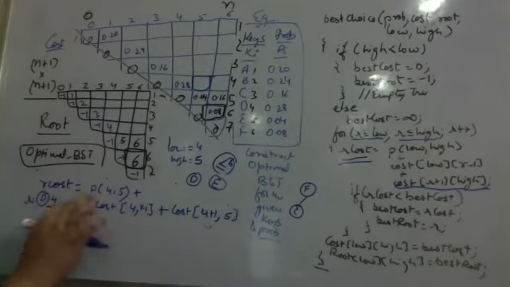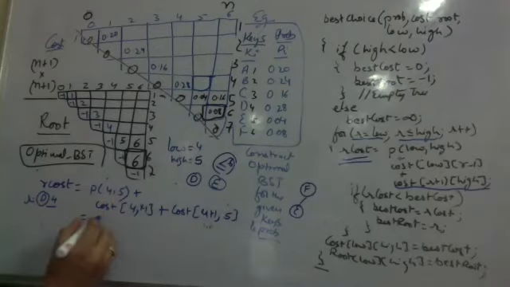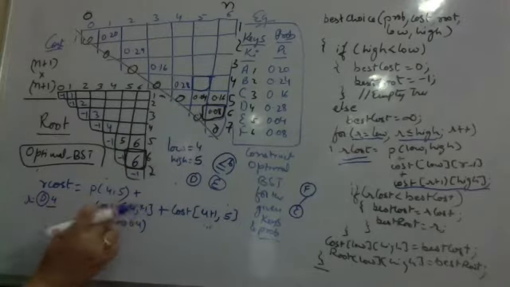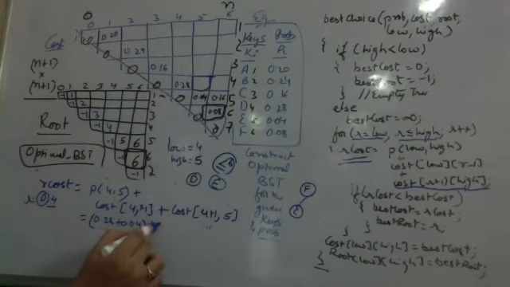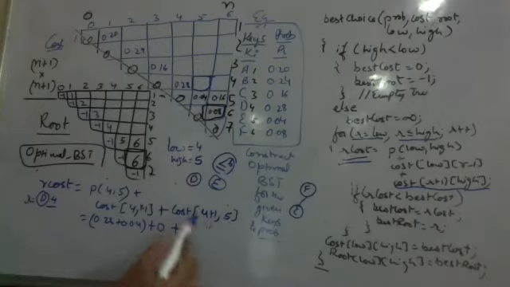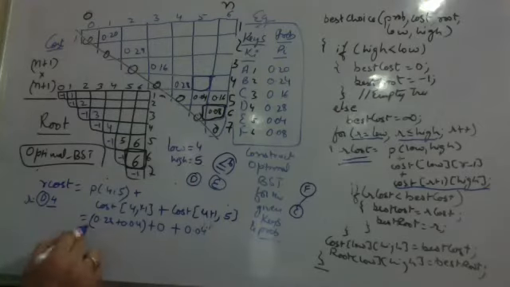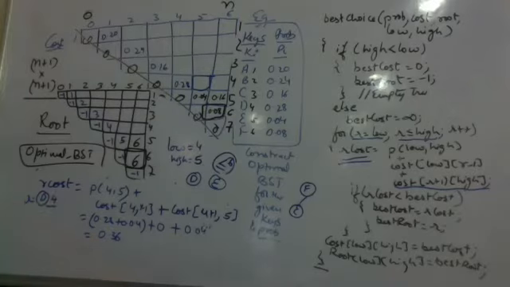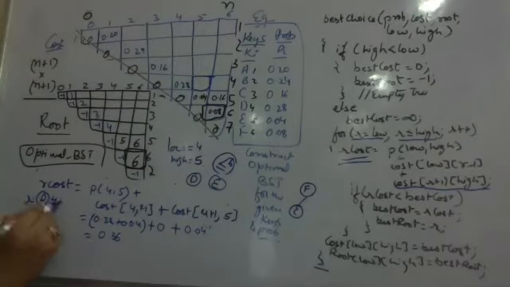So now probability of 4 to 5 is probability of 4 plus probability of 5. This is probability 4 to 5. Then cost of 4 comma 3. जब high 3 से बड़ा है, 3 is not possible, the cost is 0. Cost of 4 plus 1 comma 5 is 5 comma 5, nothing but cost of 5, which is 0.04. This all comes out to be, total करके जल्दी बताओ. 0.36 is coming out for me. Yes, ma'am. Ma'am, it's 0.36. So 0.36 is the cost. When root is 4, the cost is 0.36.